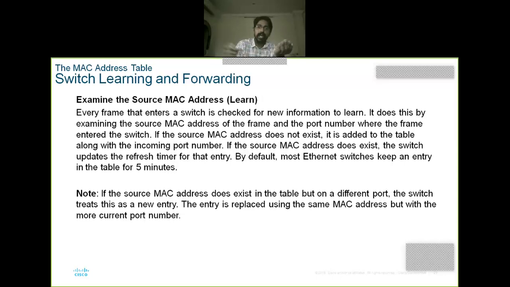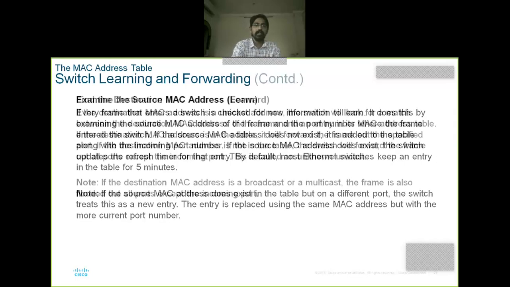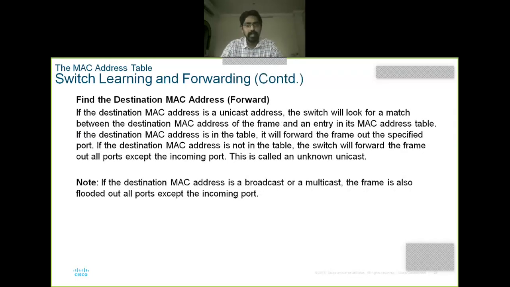If the switch doesn't have that destination device, first it will ask all the systems in the network, do you have this MAC address? Are you this MAC address? If you are not this MAC address, okay, it will learn again. If a newly connected system is available with the same MAC address, the packet is transferred. Right? This is the way. The switch is continuously in learning and forwarding mode. Learn and forward mode means find the destination MAC address.